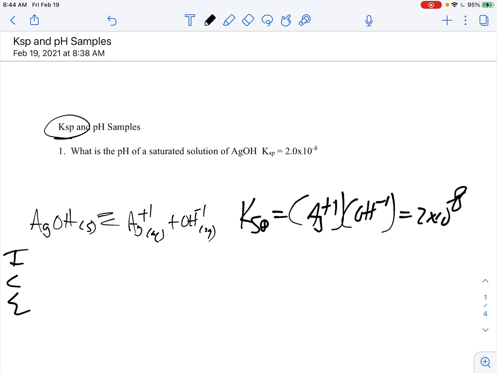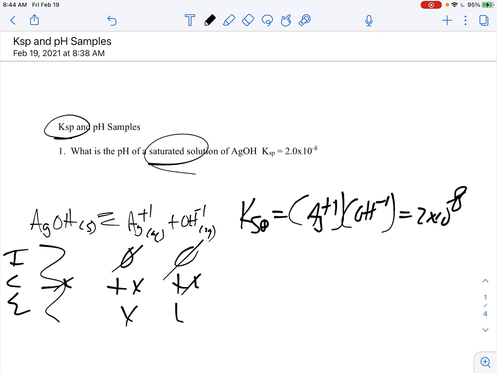So I got an I, I got a C, and I got an E, and I don't care, and it didn't say anything about that. Please note that it did say saturated. Saturated, if you remember from before, is code for at equilibrium. So what's going to happen is this guy's going to go down by some amount X that we don't care about unless we're looking for the solubility, which means each of these guys go up by X to be X and X. So you have X squared is equal to 2 times 10 to the negative 8th,